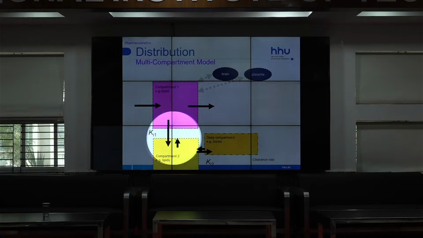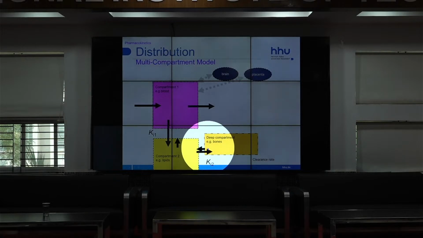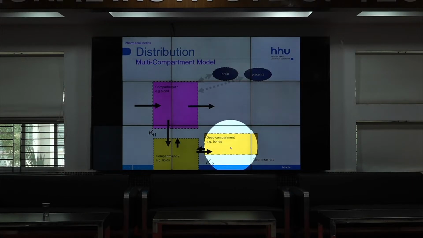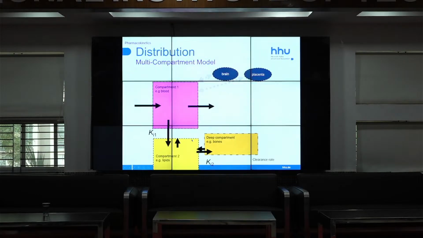And then even with the bones, we do have from the lipid here also a fast onset and a low offset for the structure. So also there would be enrichment of this drug in the bones, for example. We do have a class of compounds, the aminophosphates, which have a poor absorption, but they have a very high distribution into the bones, where